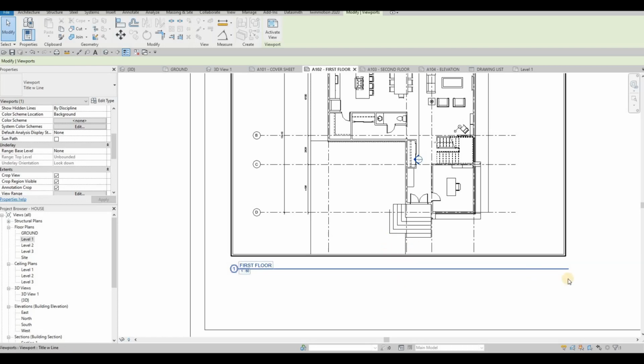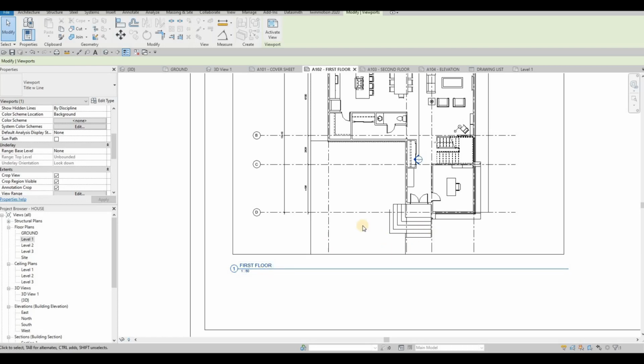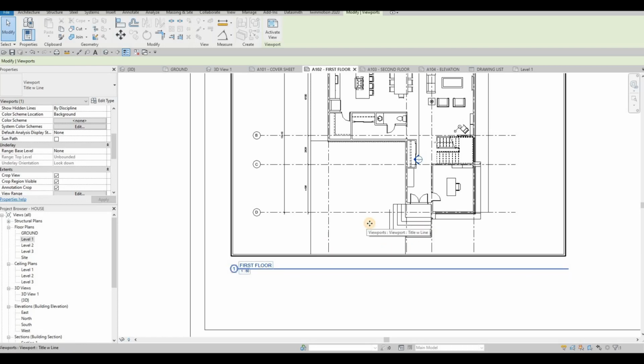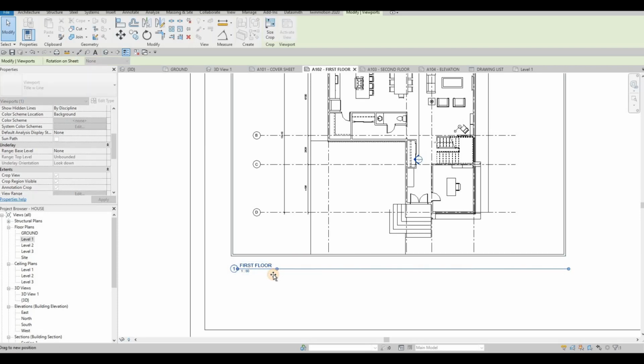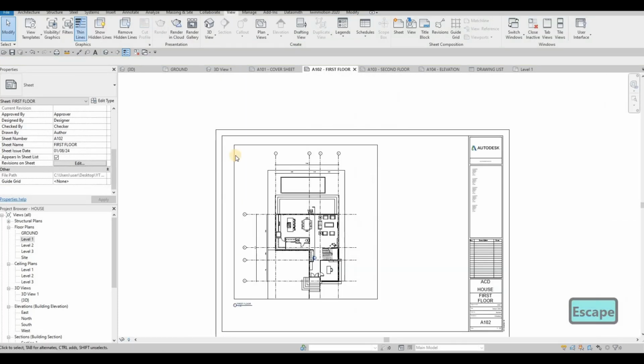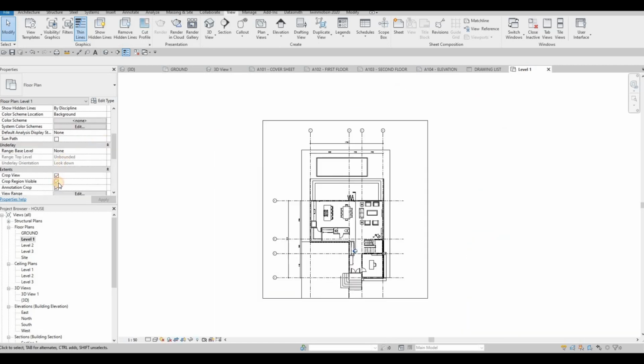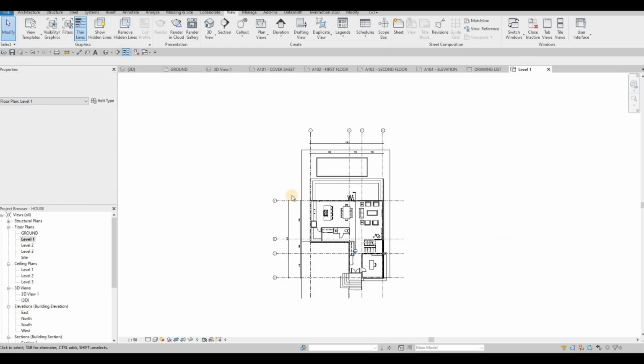So right now I'm going to press escape and then move this one a little bit lower, and then the title line, I want it to be closer right here, so I'm gonna select the viewport and then adjust this one so that it looks nicer. Now that this is good, you can uncheck this one so that it's not visible,